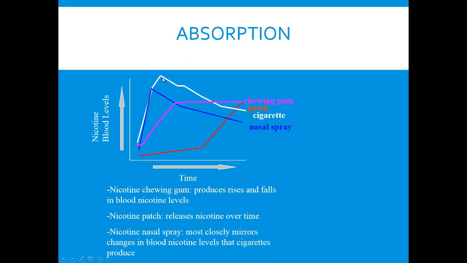Okay, because remember, there are very large blood vessels that take blood and oxygen from our lungs, take the air from our lungs directly to the brain. And so when you're talking about inhaling the smoke and the nicotine into the lungs, the nicotine gets absorbed, gets carried right to the brain, and the smoker exhales the smoke. Okay.